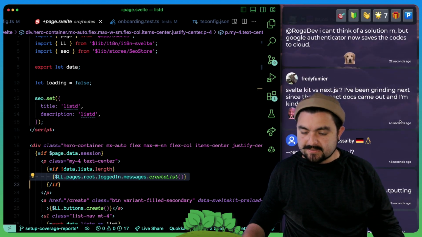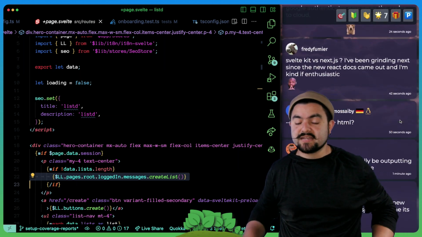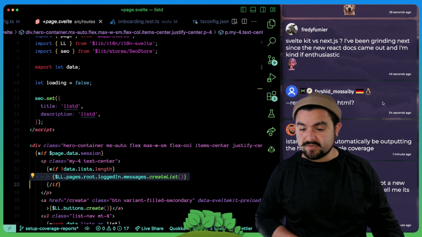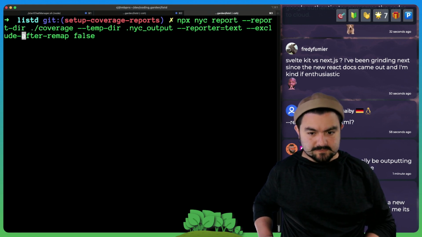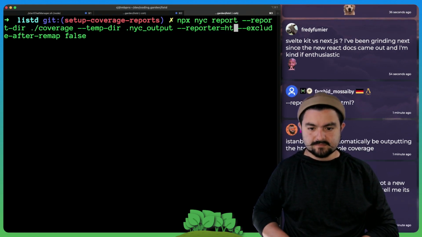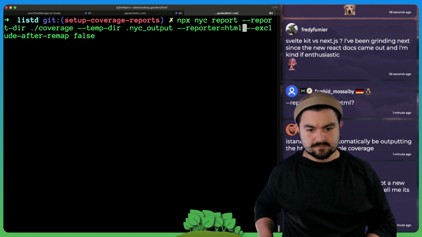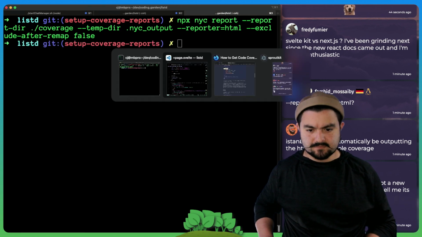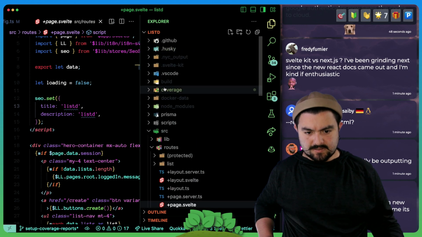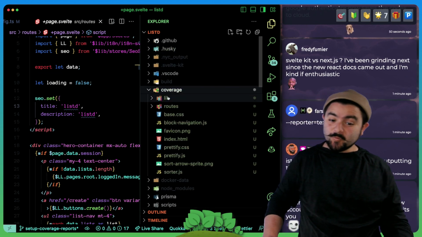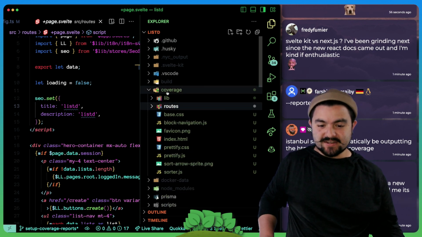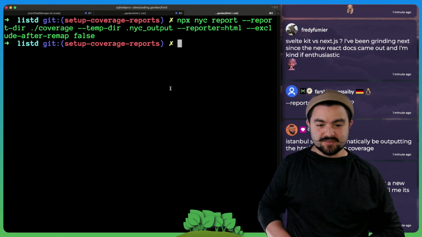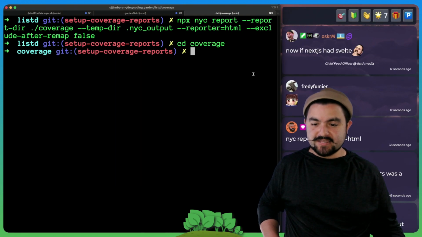SvelteKit versus Next. There's just so much that Next doesn't have. It provides a lot, but there's still a lot that it doesn't provide. Do an HTML reporter. I like that. Let's see. All right. Now we have a coverage directory. Ooh. You can see it copied all of our code in. But the reason that it did that is so that it can display it. But now if we go into the coverage folder and we just run an HTTP server,